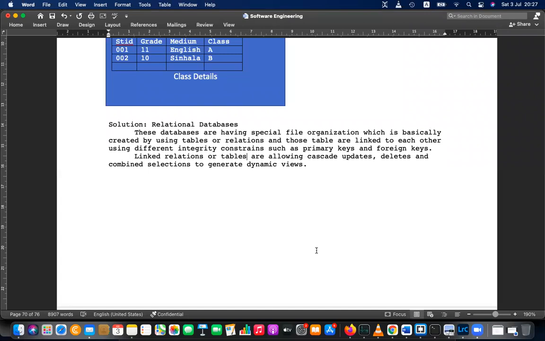Because I'm doing this for you all, I'm doing this for Sinhala medium students, for university students, for high national diploma students, for BIT undergraduates, and for some special courses like software engineering, web engineering students, and teen programmer courses. So probably I have done this more than 200 times. For me, this is easy. But for you, this is the first time. So you have to ask the questions.